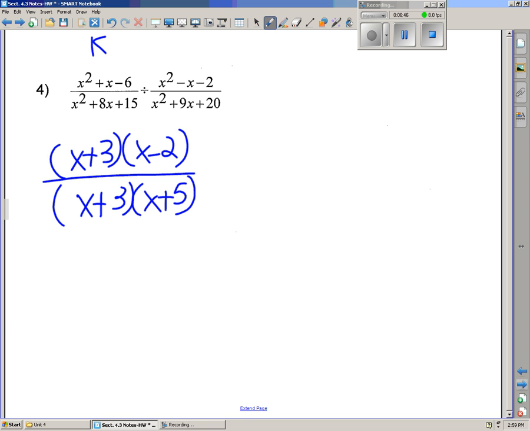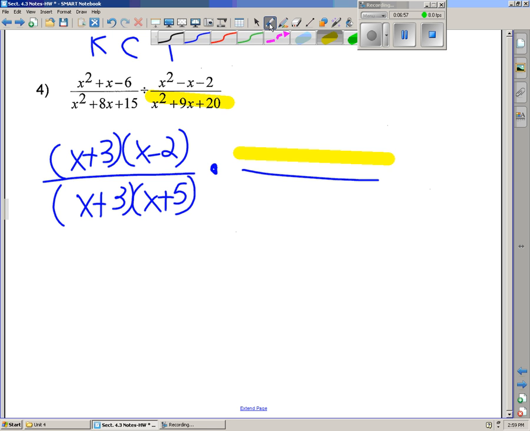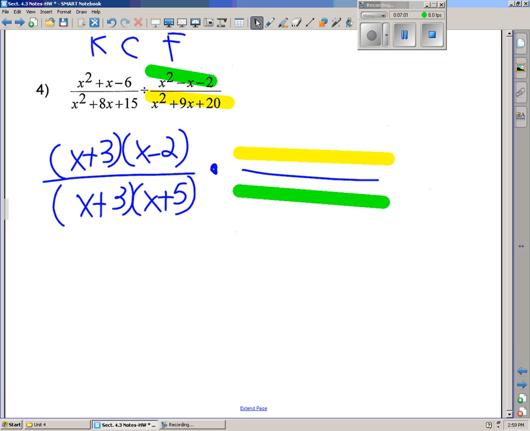I know that I have to do multiplication, right? So it's keep, change, flip. And then I'm going to do that thing again where I know that the bottom gets factored to the top and the top gets factored to the bottom. So if I factor what's in yellow, it's also I am. It becomes x plus 5, x plus 4. If I factor the top, which turns to the bottom because I had to change and flip, it becomes x minus 2,